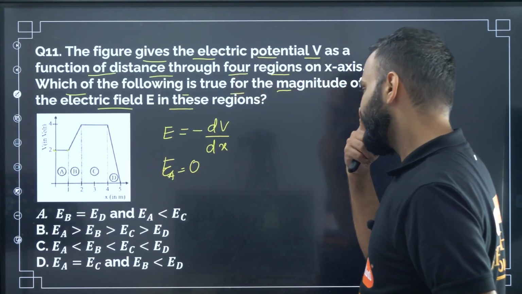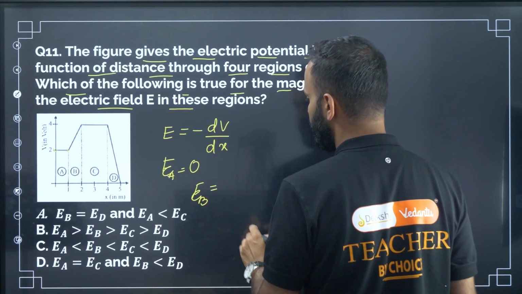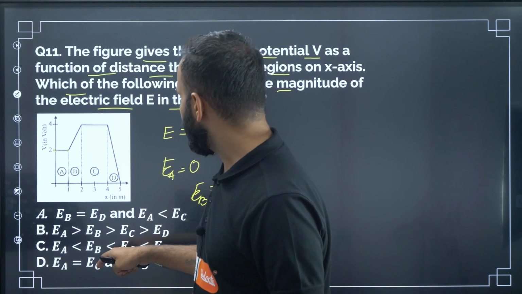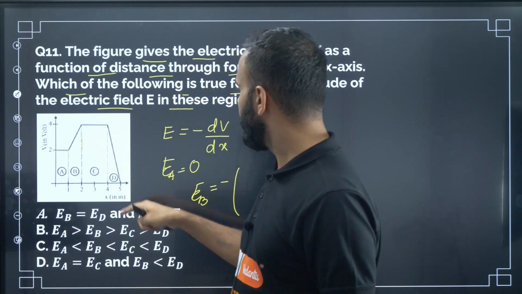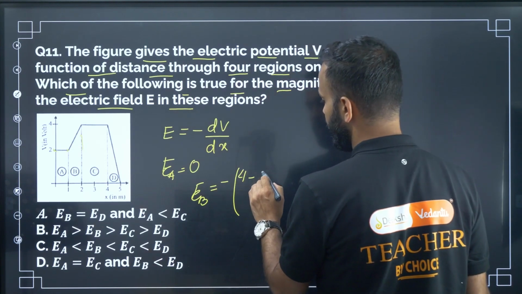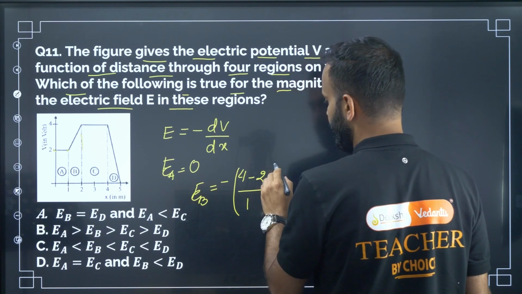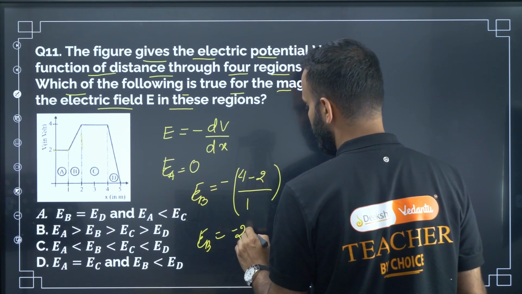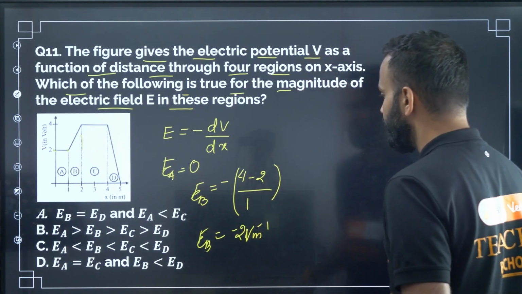So let us find electric field at B. Electric field at B, EB, is equal to minus dV, that is the change in potential. So what is the change in potential? Here the change in potential is 2 volt, 4 minus 2, divided by 2 minus 1, that is 1. So EB is equal to minus 2 volt per meter. Then EC,